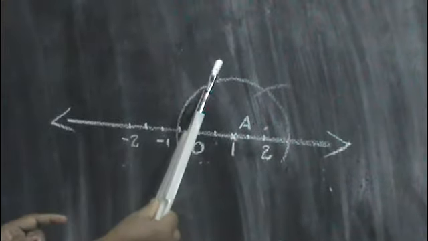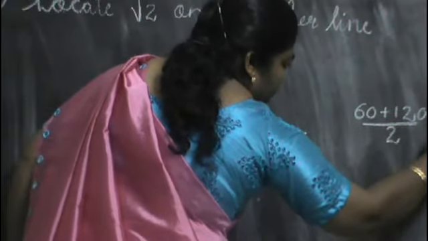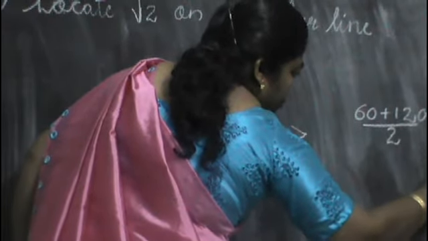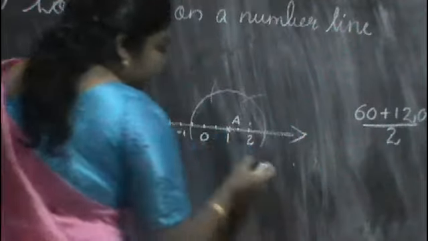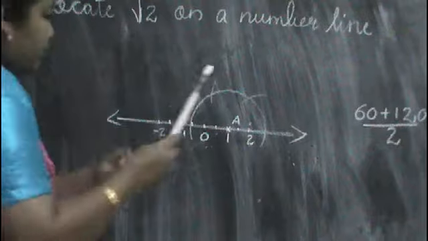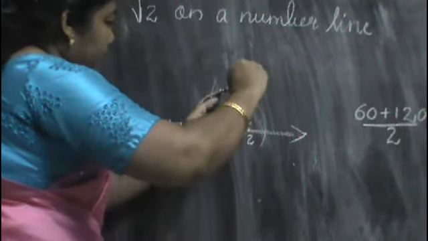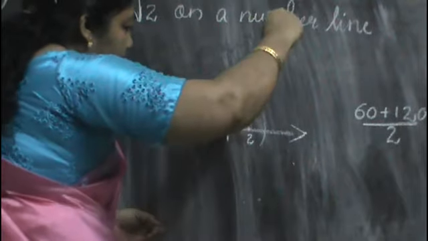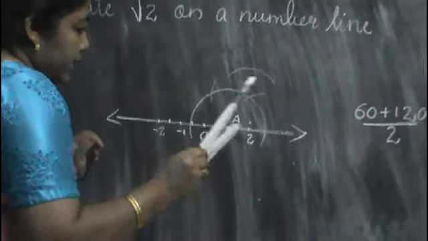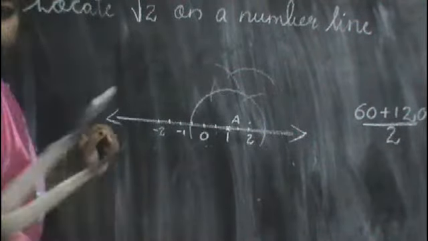60 plus 60 is 120. 90 is the angle bisector of 60 and 120. 60 plus 120 by 2 is equal to 180 by 2, which is equal to 90 degrees. So 90 degrees is the angle bisector of 60 and 120. So we can draw 90 degrees like this. How do we draw the angle bisector of 60 and 120? Take more than half of this arc length. From 90 we draw one arc using the same measurement. From 120 also draw an arc. Then we will get 90 degrees.